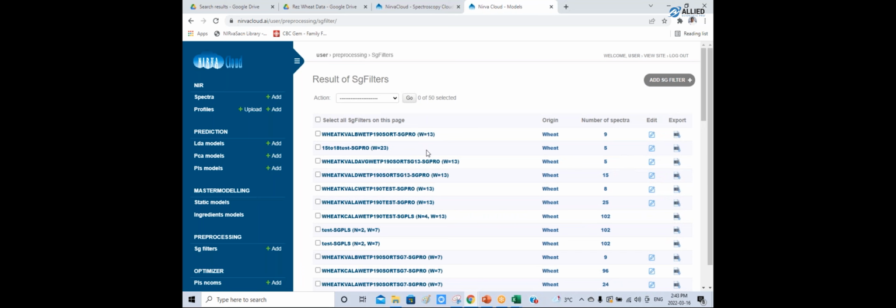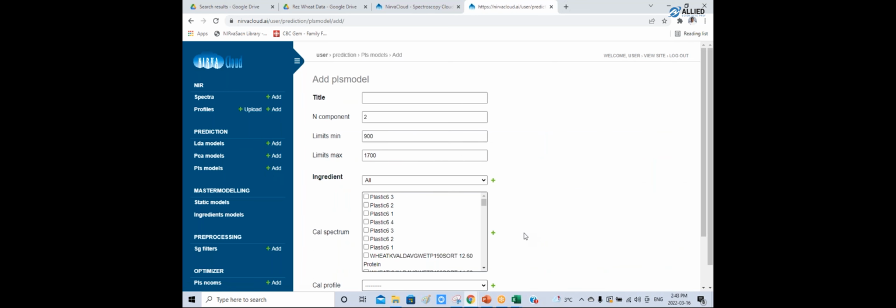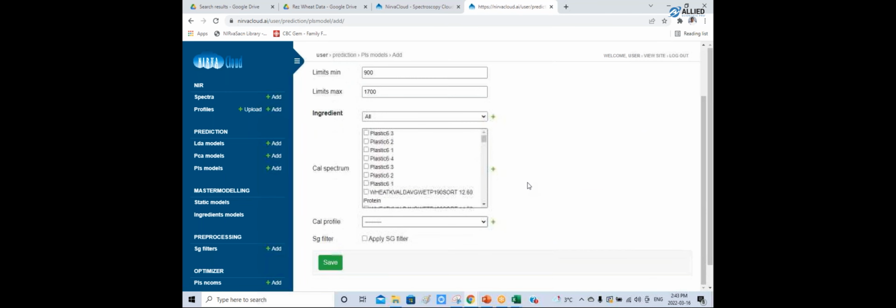But for making the calibration model, you don't have to start from the SG filter because it is also included in the PLS model. So you can go add a PLS model and you give it a title, a number of components you want to use, and what is the calibration profile that you want to use to make the model, and then you can say apply SG filter, and that same menu appears here too. So then you would save it, and that will give you a